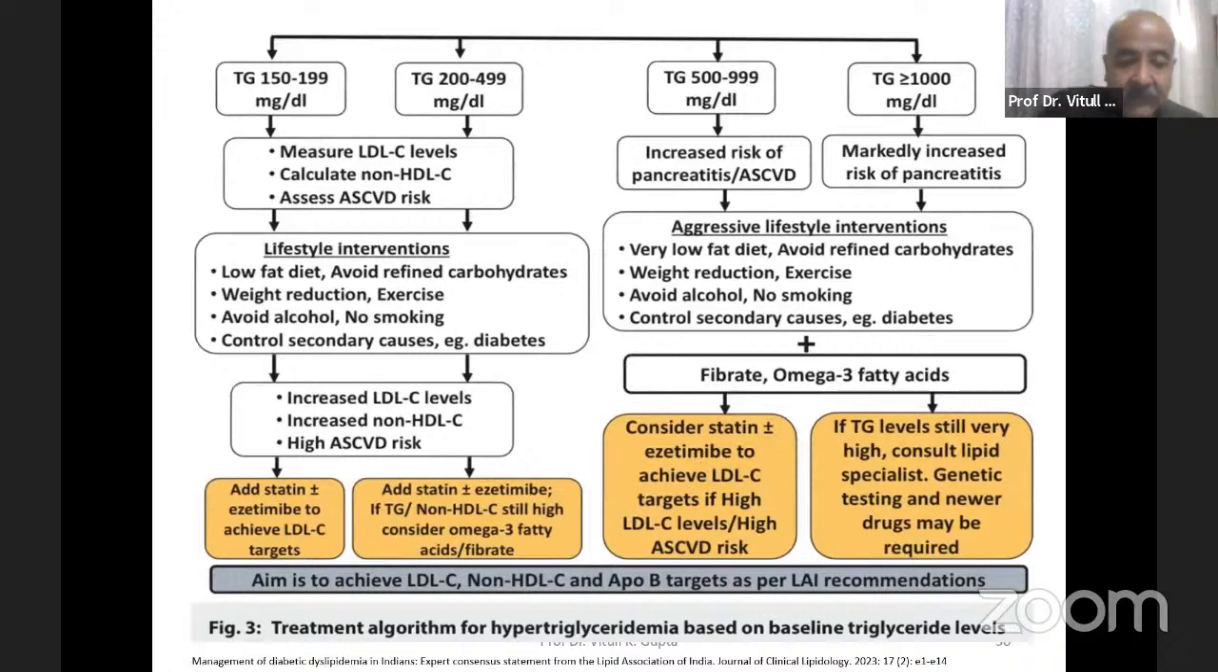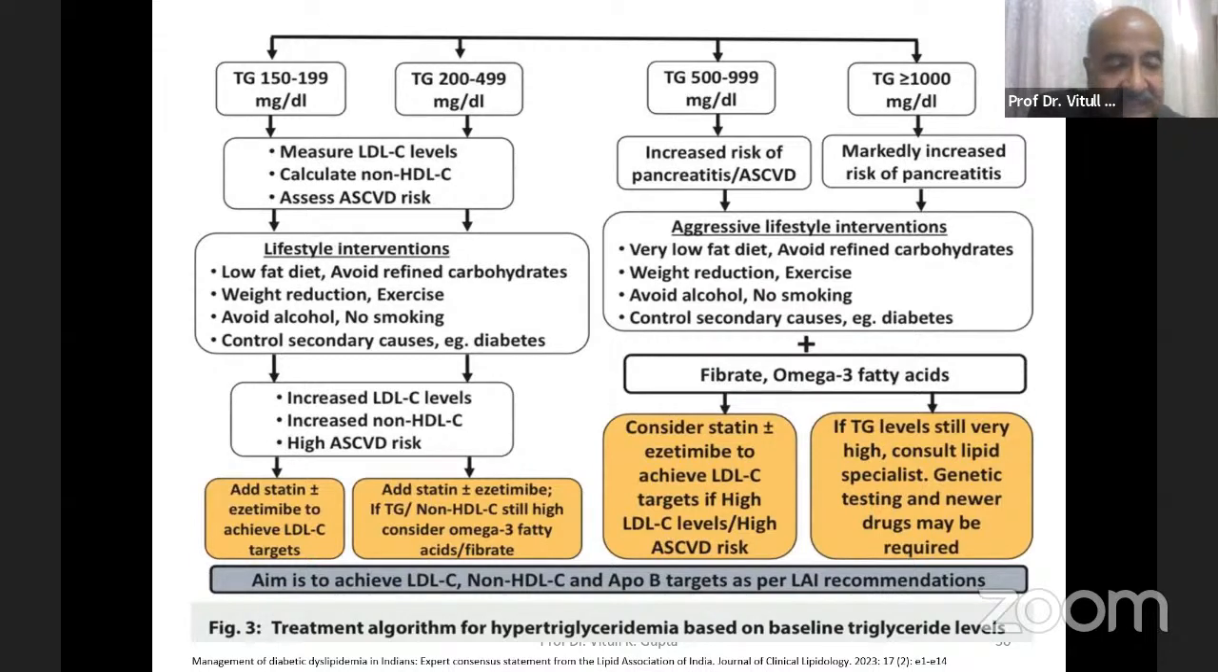So again, I will take the help of this flow chart instead of text to discuss. If the triglyceride levels are 150 to 199, along with this we measure LDL-C levels, calculate non-HDL-C, and assess the cardiovascular risk as far as atherosclerotic disease is concerned, and institute lifestyle interventions in the form of low-fat diet, avoiding refined carbohydrates, weight reduction, exercise. That is the conventional risk factor we need to control, as well as, more importantly, control the secondary causes for triglyceridemia. So if increased LDL-C levels are found, increased non-HDL-C levels, and high atherosclerotic cardiovascular risk, we add statins plus ezetimibe, may or may not be, depending upon the LDL-C, to achieve the targets we have discussed